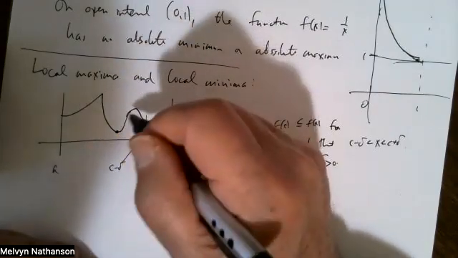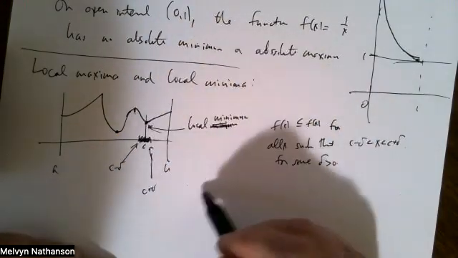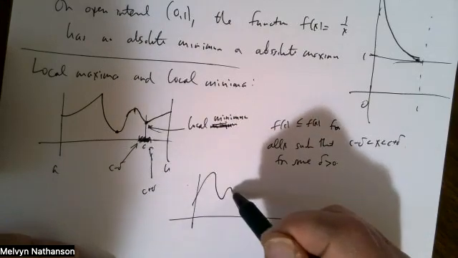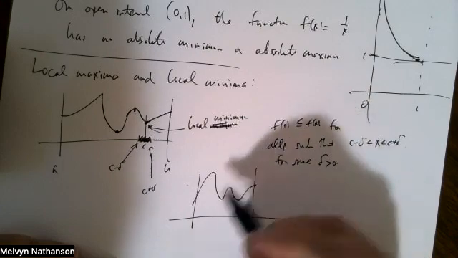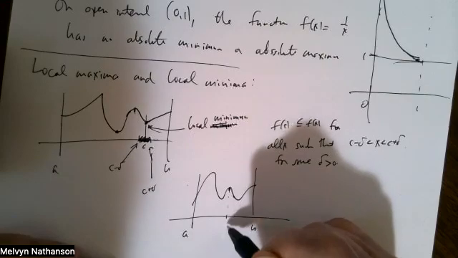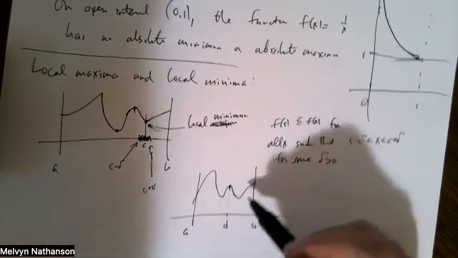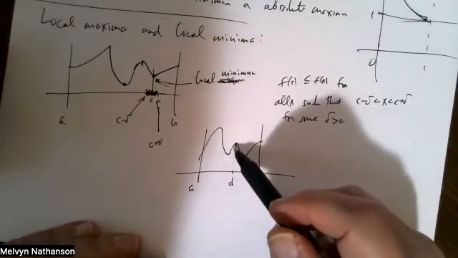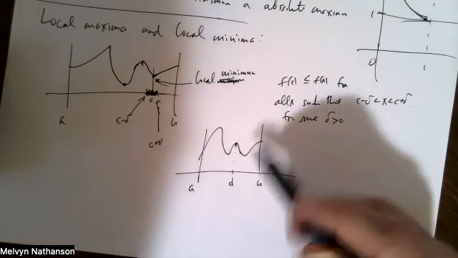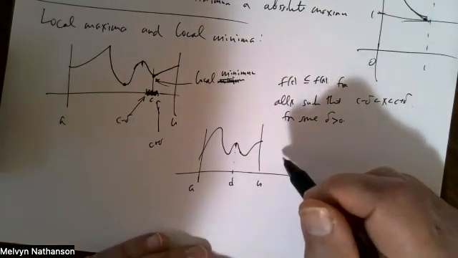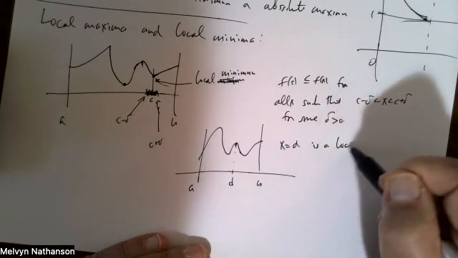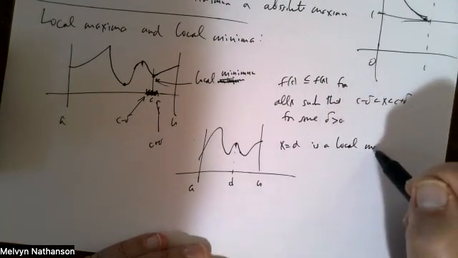Similarly, let me draw a better picture perhaps. Let's say this is A and this is B. Here's a point, I'll call this point D. At this point, the function f of x doesn't take on the largest value anywhere in the whole interval, but x equals d is a local